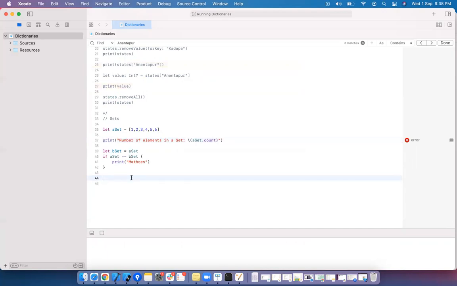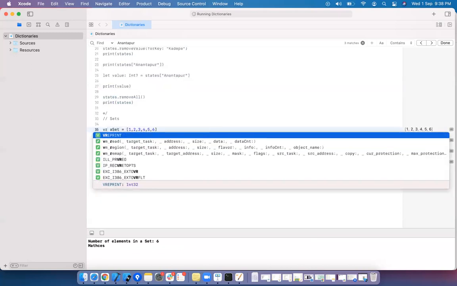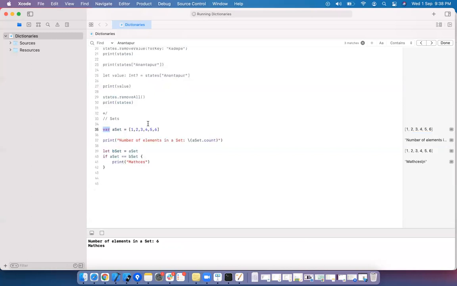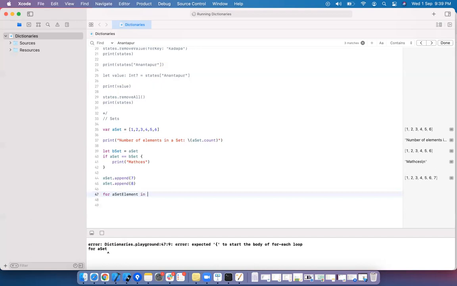I want to add a new element. To add a new element, it should be a variable, right? A set dot append. Here I'm going to add 7. I'm going to add 8, and I want to iterate through the set: a set element in a set.